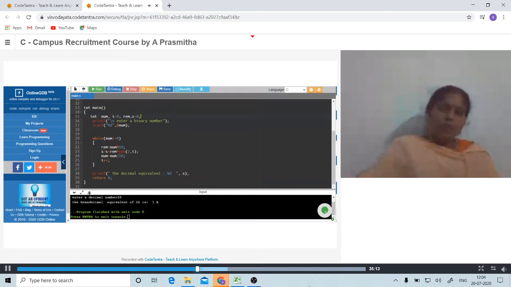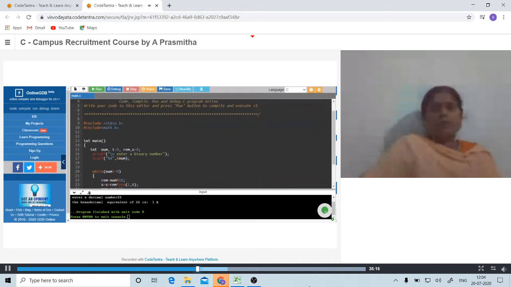What we are doing here in this program is we used the POW function because 2 to the power of 0, 2 to the power of 1, 2 square, that we have to calculate. So POW function is required. So I am using the math.h header.